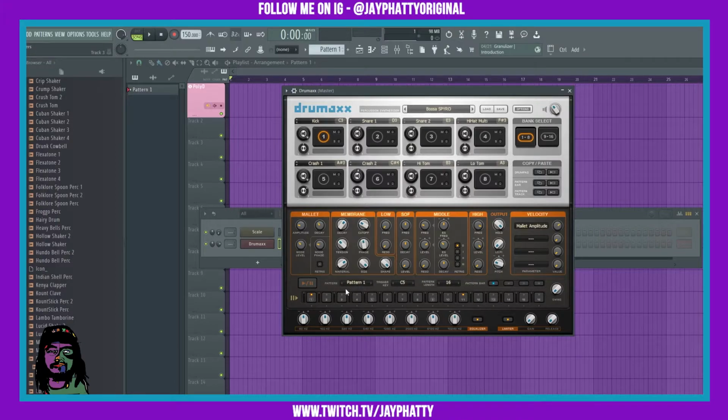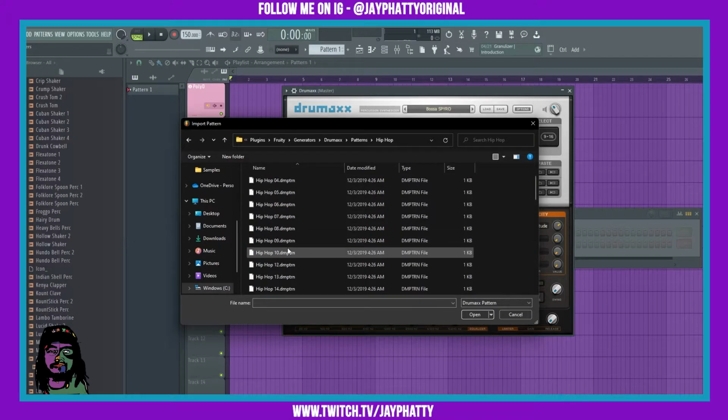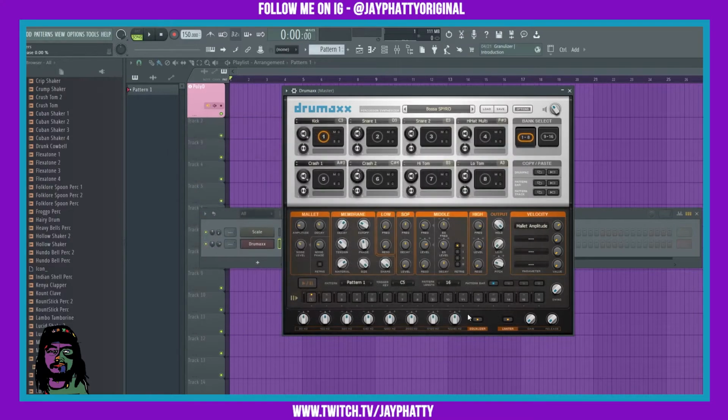patterns. You can have up to 16 patterns and then play them. You change the patterns by moving this. Now you can click this button right here to go to different pattern presets. So if we go to hip hop, let's just click old school 7 and hit open. And then if you see here, it says trigger key C5. So now if we hit C5,